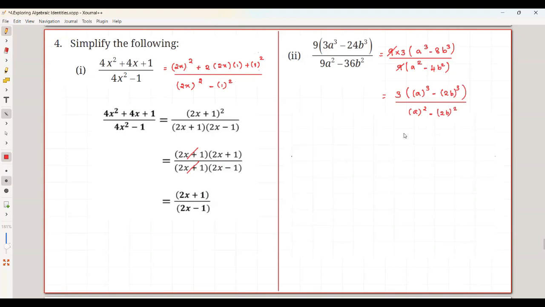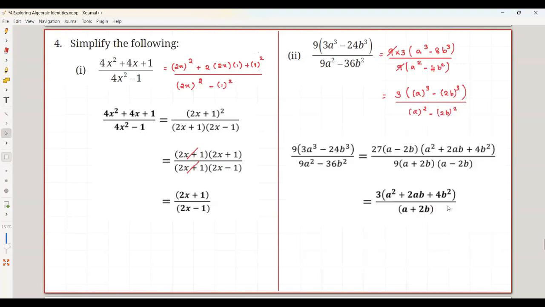A minus b into a square plus ab plus b square. So we are going to use the formula, right? So this one can be written as 27,